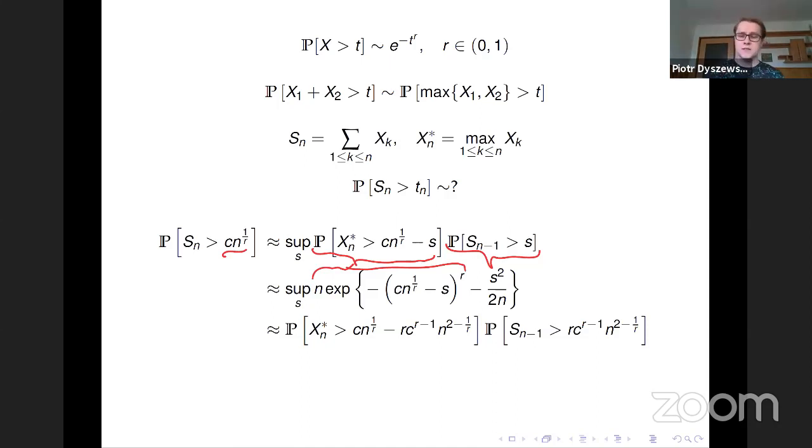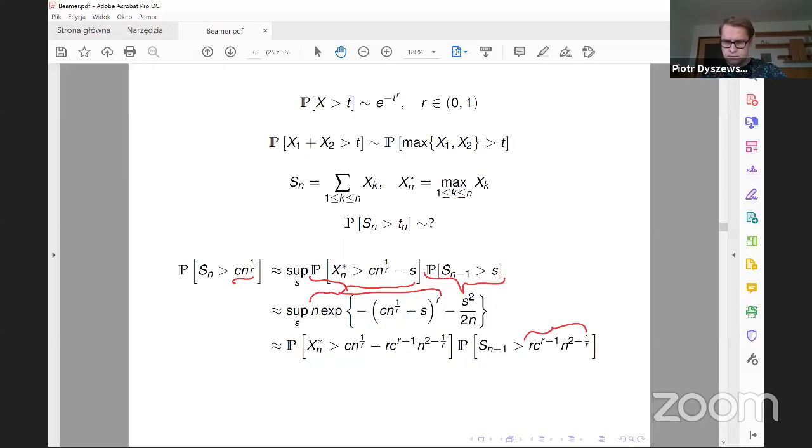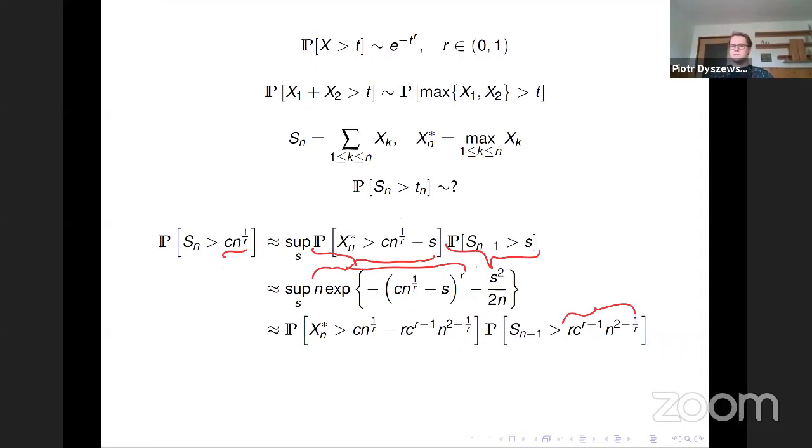And what you get is exactly that. All right. Yeah. So now, when you look at this probability of typical particles, what you can do is since